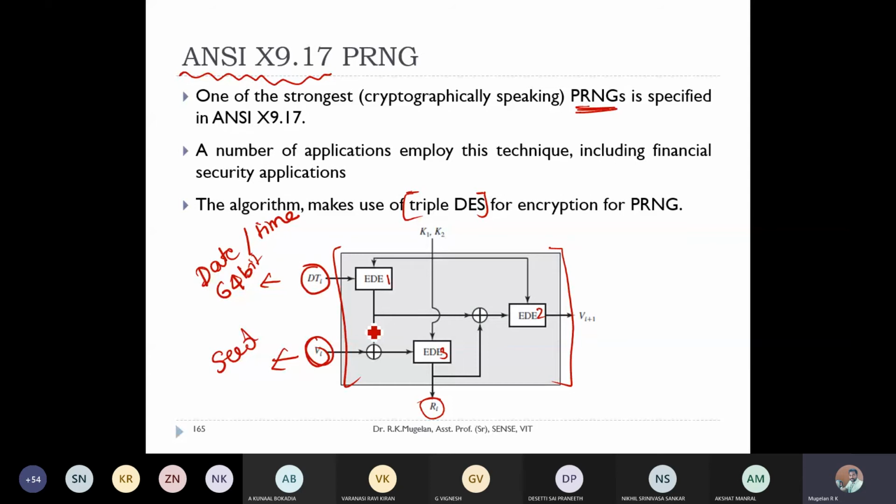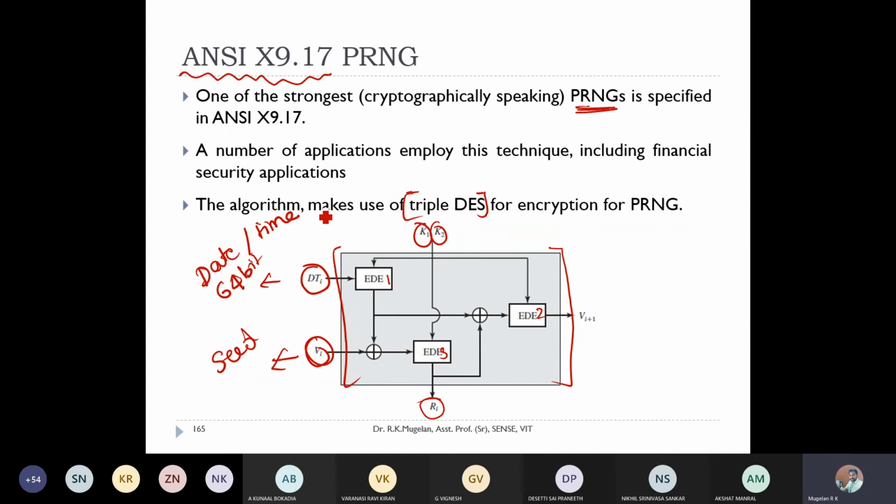Then I supply the pair of keys K1 and K2, only 2 keys. We are using the triple DES algorithm, but you might say you need 3 keys for that, right?